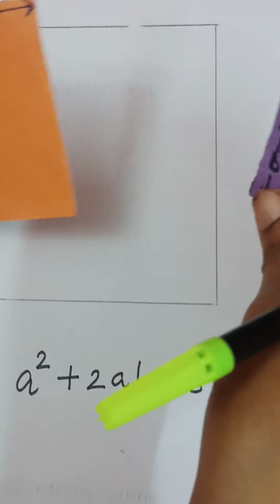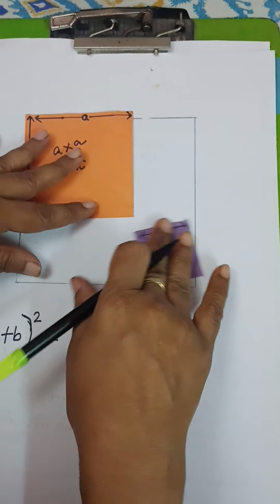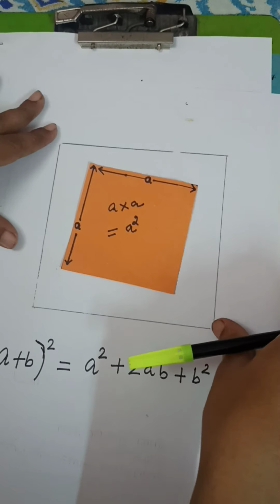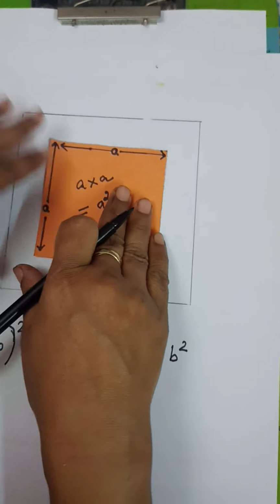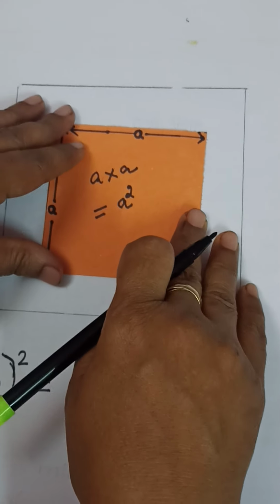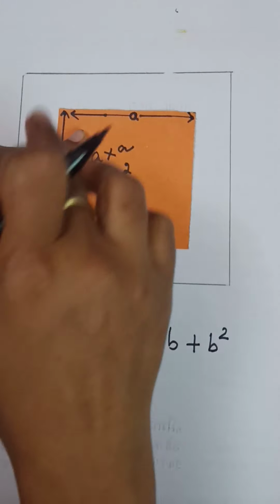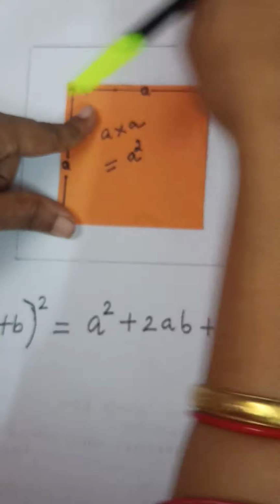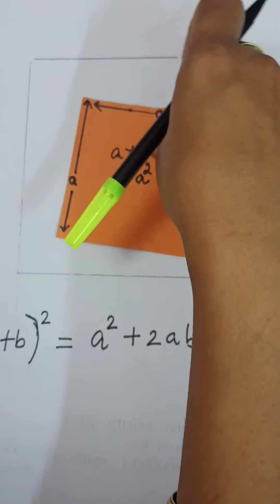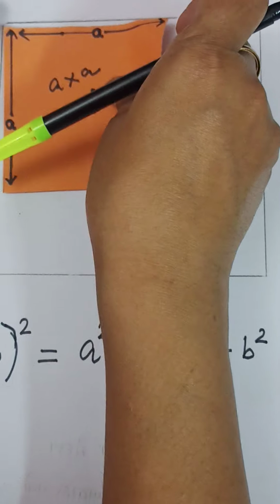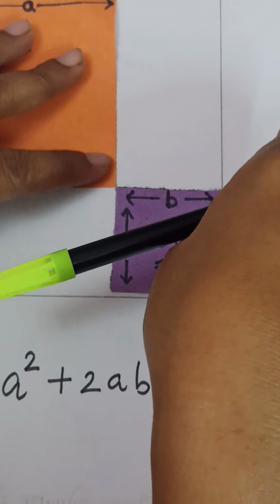So how much space is this taking? A square. How much space is this taking on this paper? B square. Suppose we fill this square, we place this square here, and I ask you how much paper is remaining except this. So how can you find? Area of this sheet minus area of this square. Okay, now we have placed this square here.